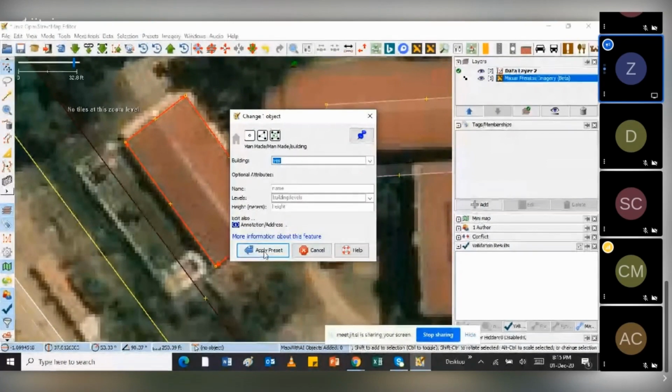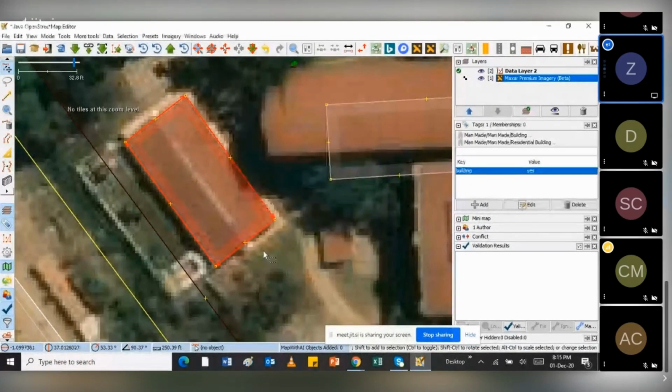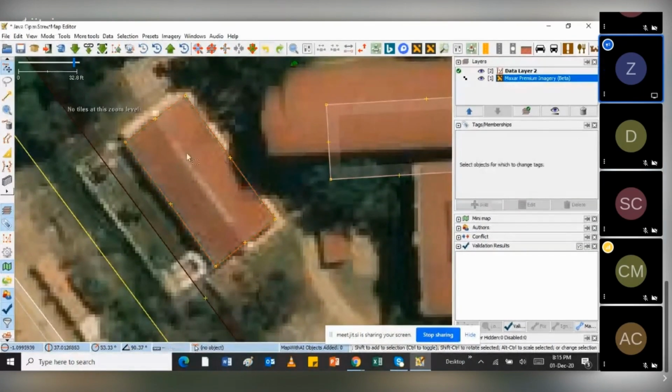Then click apply. So you also notice, maybe I'll undo this, the difference: when I've not tagged the building, remember on iD it appears a bit white. White means the building has not been tagged. Then when it appears in red, it means the building has been tagged.